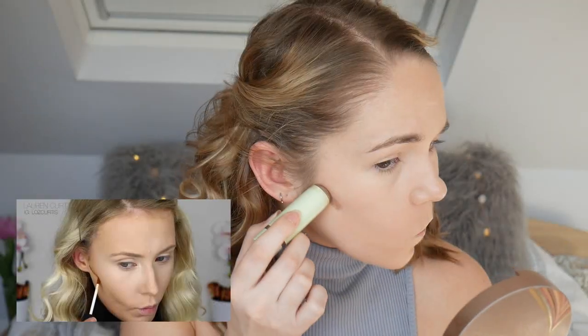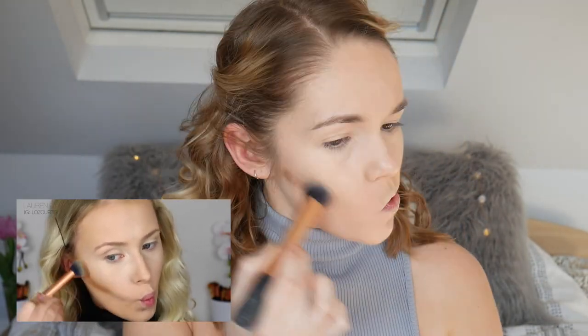I'm going to start by contouring my cheeks. Lauren is using a cream concealer as a contour, so I don't have a really dark concealer, so I'm just going to take my Pixie Balm stick and just use that as a cream contour. She literally uses the same brush for everything, so...